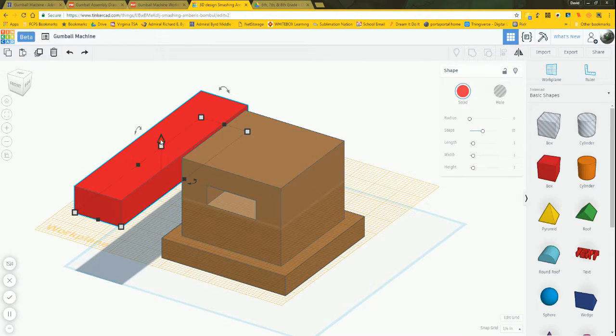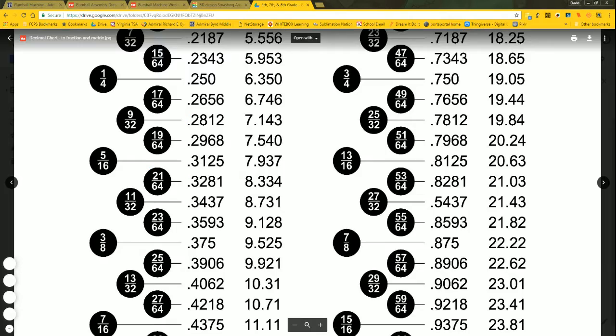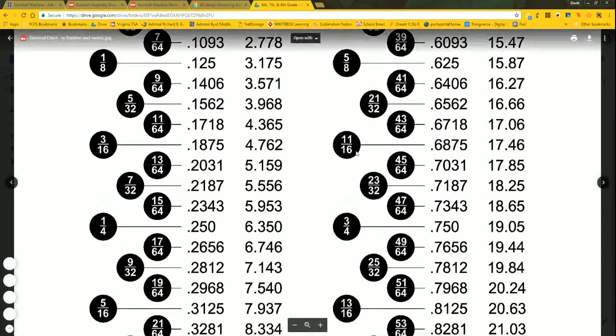The cone is not what you want. Do not select the cone. It'll move it off the work plane, which we want to be on our work plane. We want this, and the thickness was 11/16. So again, we can refer to our sheet here. 11/16,